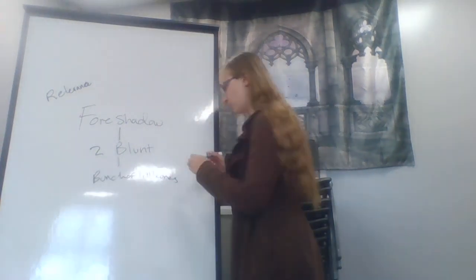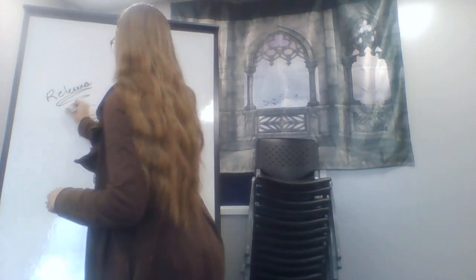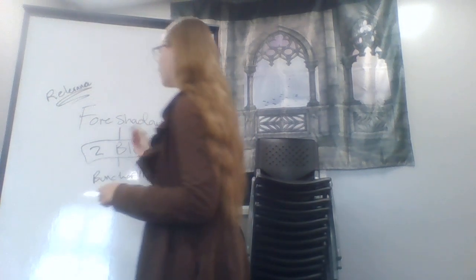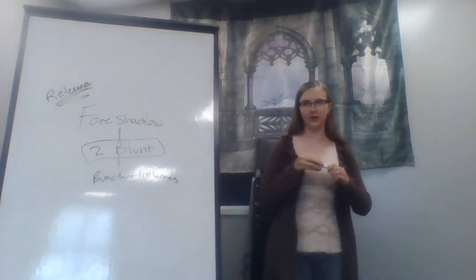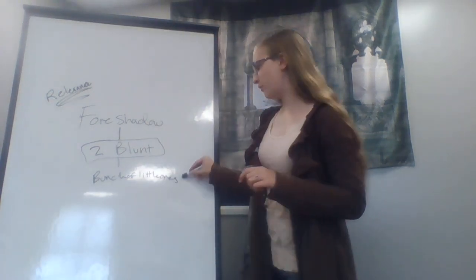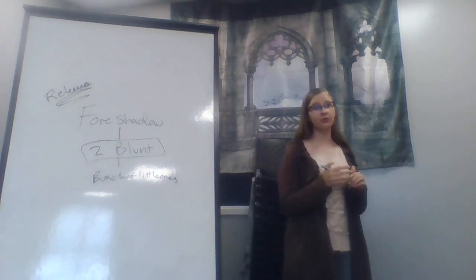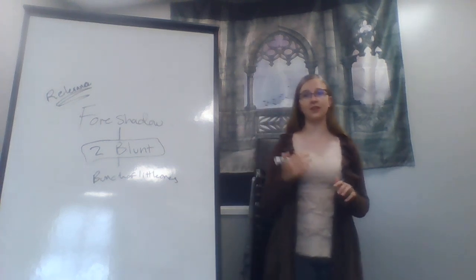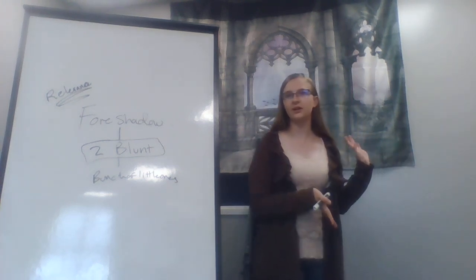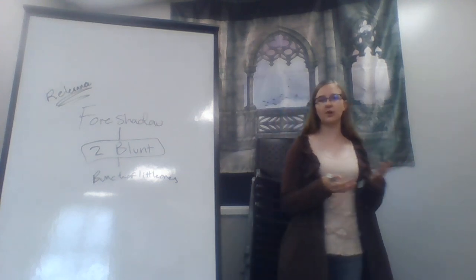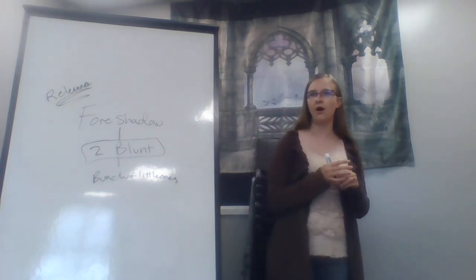With the relevance, because relevance is incredibly important, with your foreshadows, you want to make sure you have two blunt ones, and that they have a reason for it and a relevance for it. You also want to make sure you have a bunch of little ones. However, with your foreshadowing, you don't necessarily have to have the characters even do it. Like with the spiders in Harry Potter. That wasn't the characters doing something, that was just them observing something odd, right?